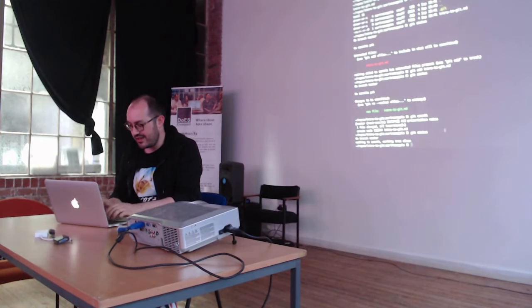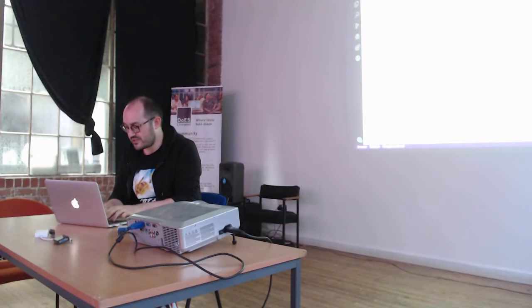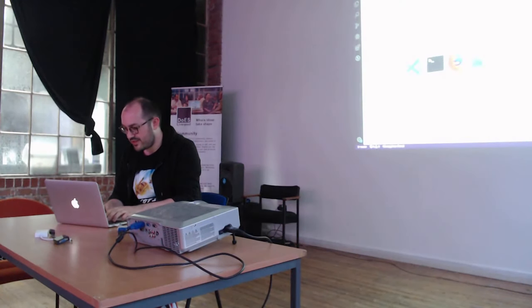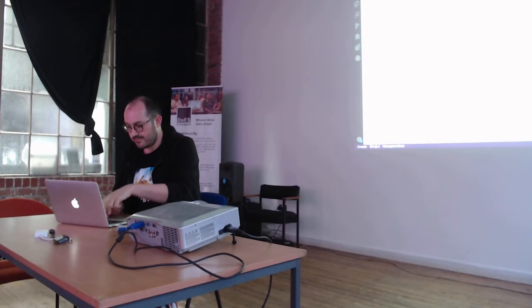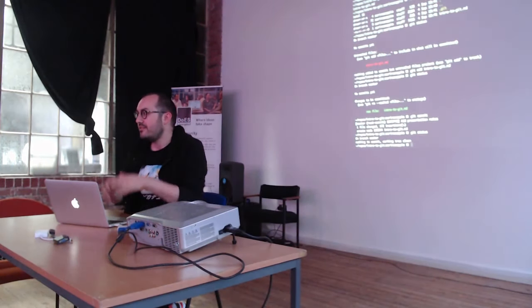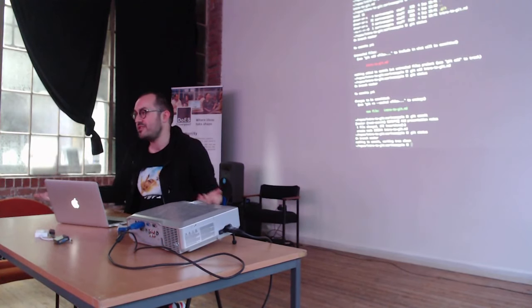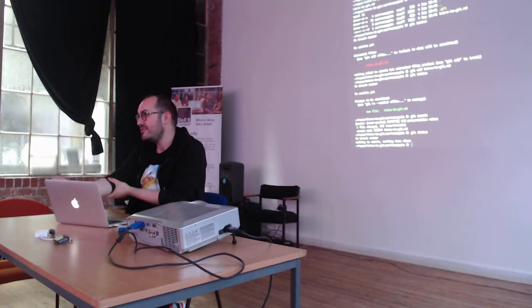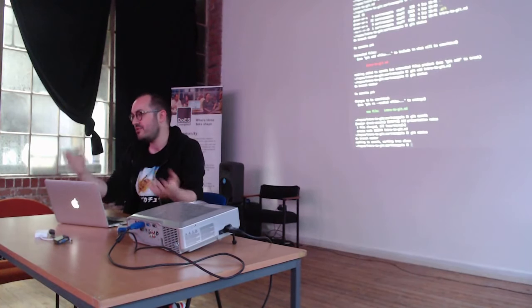And if we wanted to then, where were we? Step number 4, if I wanted to push this code somewhere else, because I didn't have to, I could just carry on working. There's lots of people when they're developing code, they'll just be developing locally on their machine. They don't push it anywhere, don't push it to GitHub, they don't need to. They're just using it on their machine to track their changes.